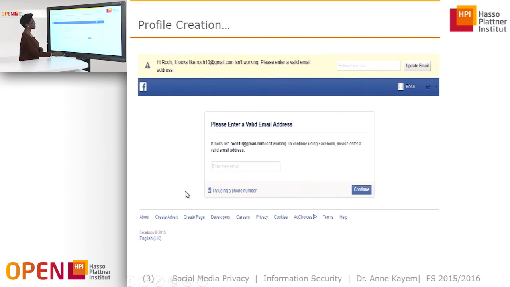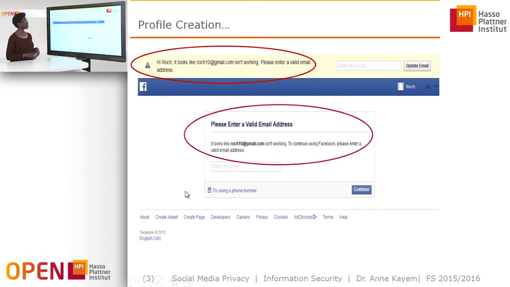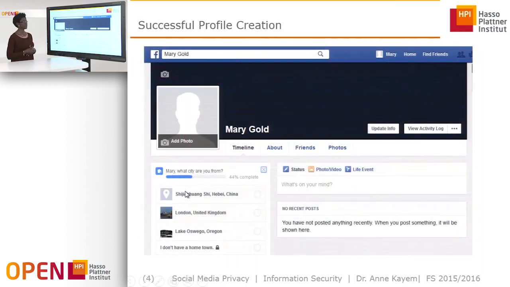So if we look, for example, in this case, by trying to log in with the wrong email address, we get a message to say that this email address is invalid, and so this tells us that at least this social media platform is doing a little background check to make sure that the email addresses that people try to use to log on to the social media platform are valid email addresses. And so it asks you, for example, to insert a valid email address, and only with a valid email address are you going to be able to log onto the social media platform.